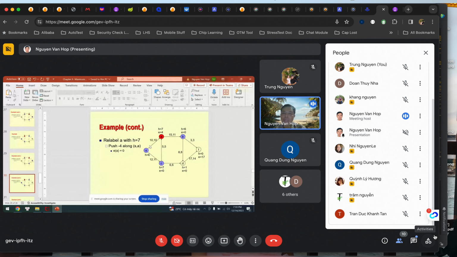When the height here increases, we can push back 4 here in order to reduce it to 6 in order to make it balanced. And that is the optimum solution. And you see that we don't have any active node left except the terminal node. Then we can stop. And if you want to find out the maximum flow, we have another concept we call